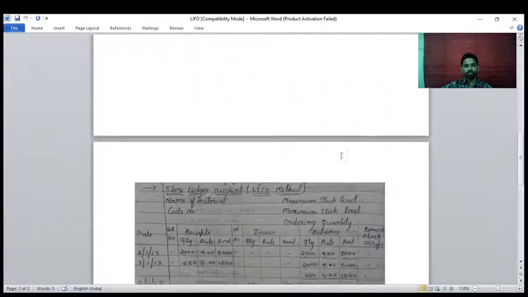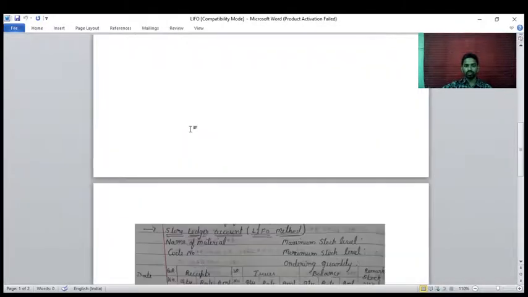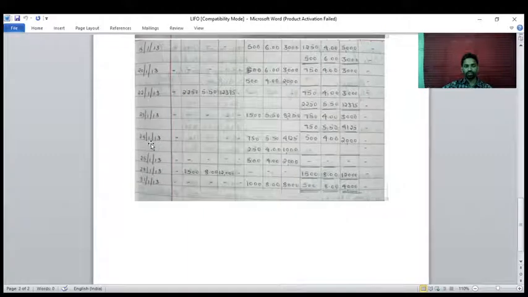Okay, so on the next date, on 24th January 2013 issued 1000 units. Okay, and what's the last stock? On this 23rd the last stock is 750. Okay, take it as it is, 750. So still how many required? 750 is required.